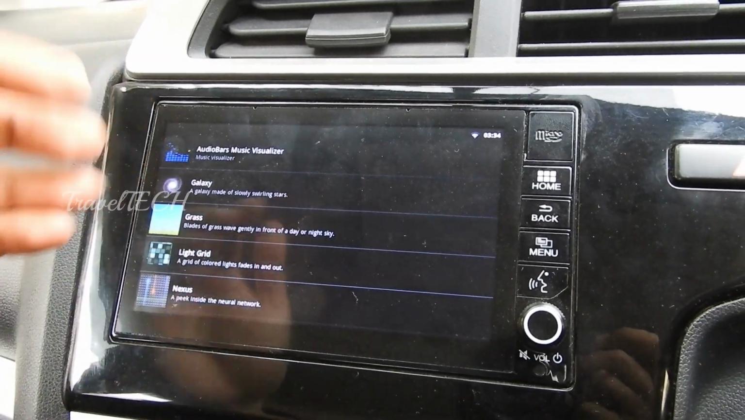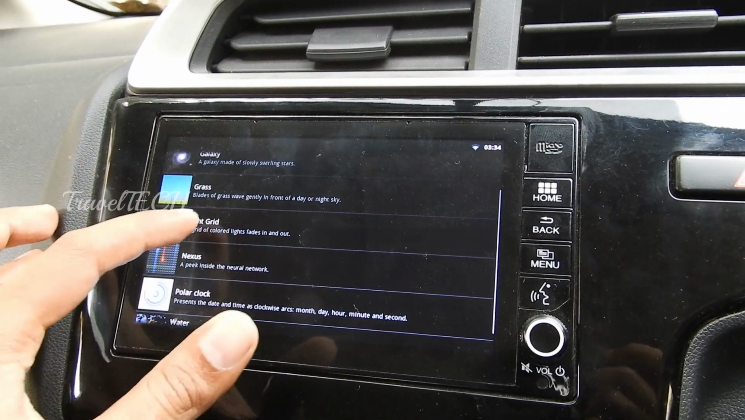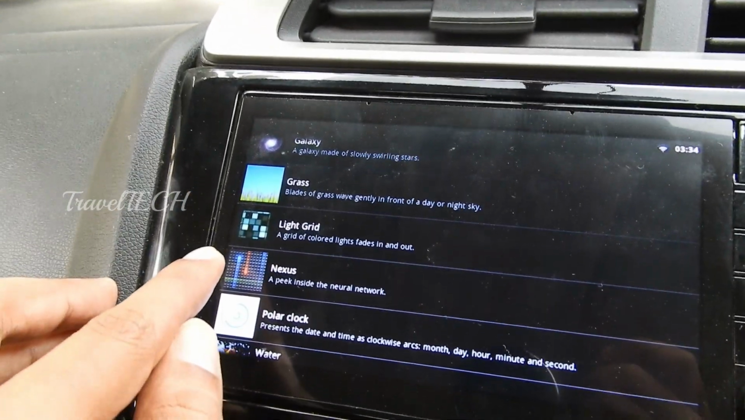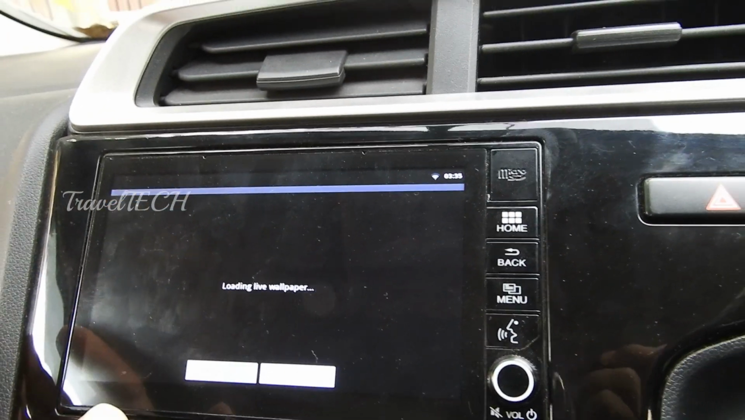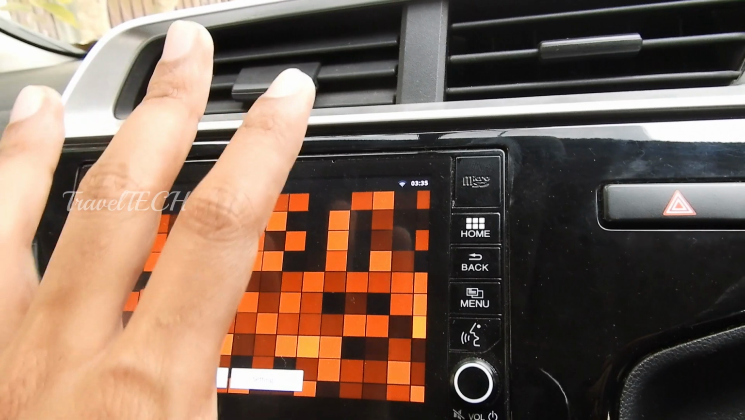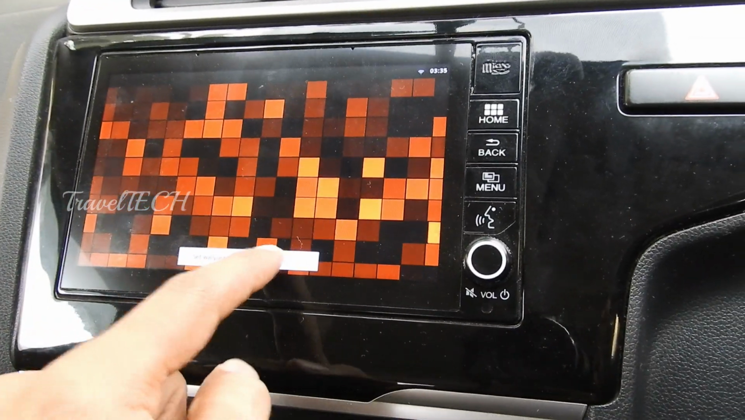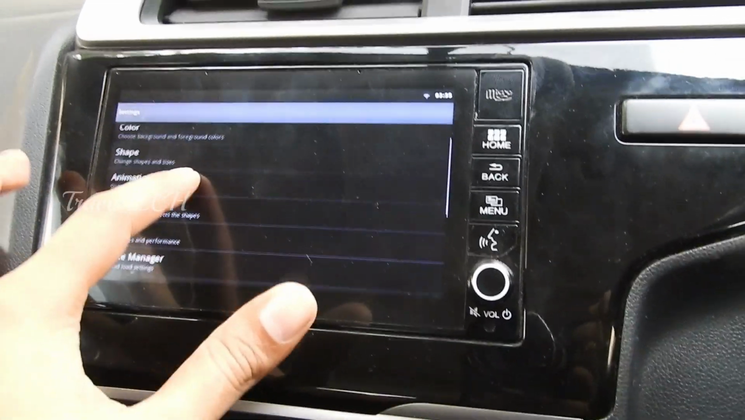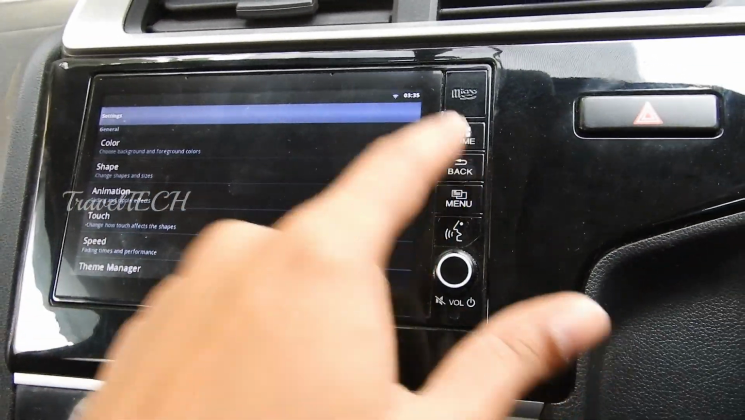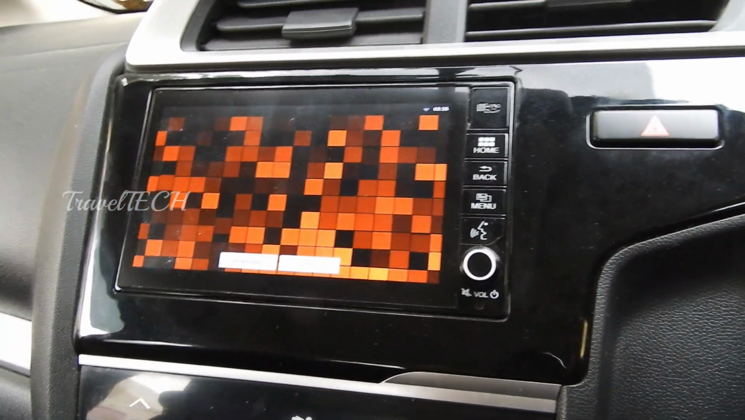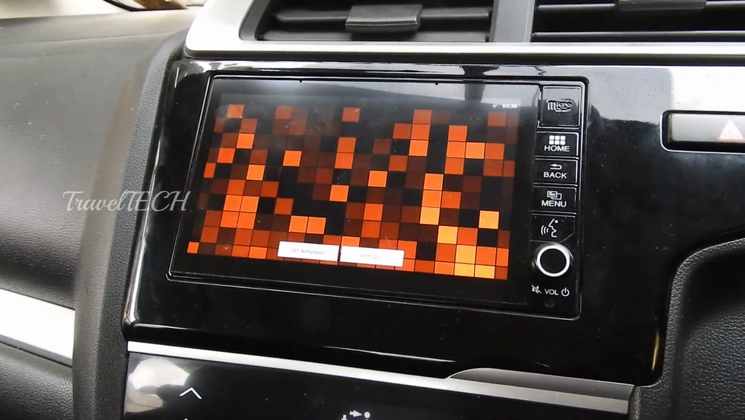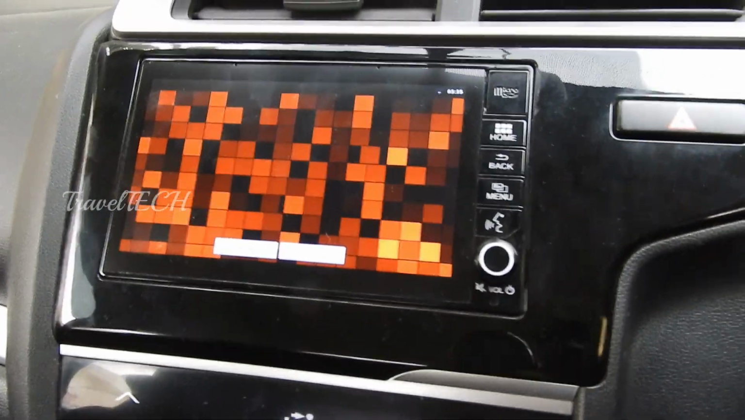It is going to go directly into the live wallpaper section. Once you drag down, you'll see something called light grid right here. Just click on the light grid, and as you can see, the wallpaper has opened in the digipad. Now you can go ahead and click on the settings and customize the wallpaper based on your needs and your color combination, the animation. You can choose everything according to however you want your digipad to look